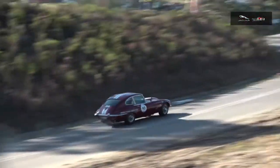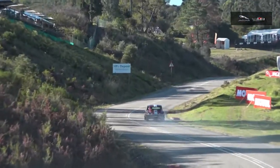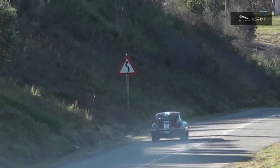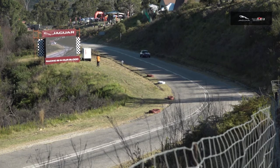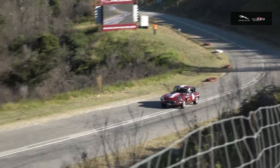We look at the classes, how many cars are in a class. We also don't want one or two cars in a class if we can help it. So there's quite a process that goes into it. But we are fortunate. We've got great cars, and every year we get some nicer cars that want to join the party. And then on top of it all, it's not just the classic cars that you roll out,